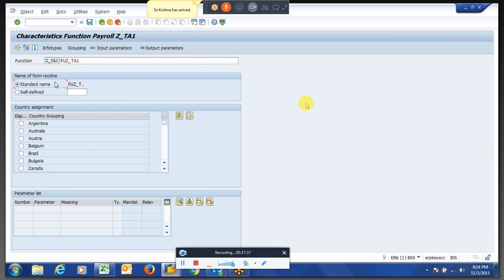So here is the function which we created with a form routine. This is the important one which we have to include in the program I mentioned. Here you can define in which country this particular program will be used.